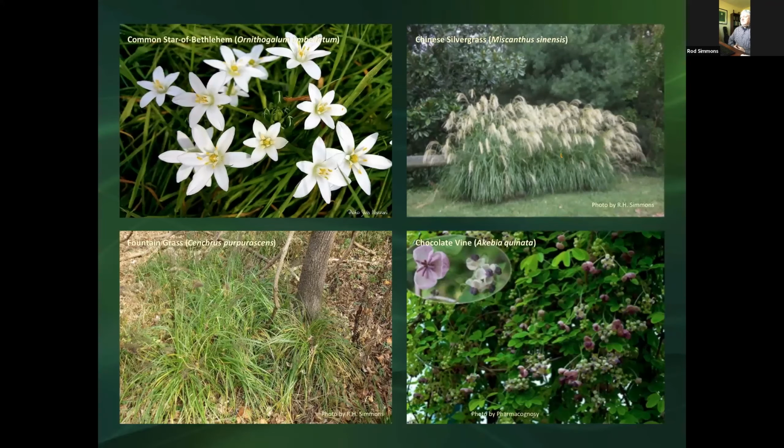So we have the bulbs like the common star of Bethlehem. That's pretty much everywhere in fields. You find it in people's yards, natural areas, all over the place. Top right, the native